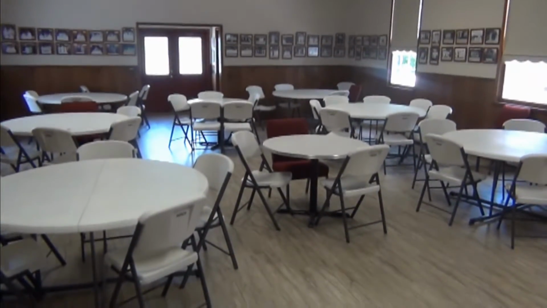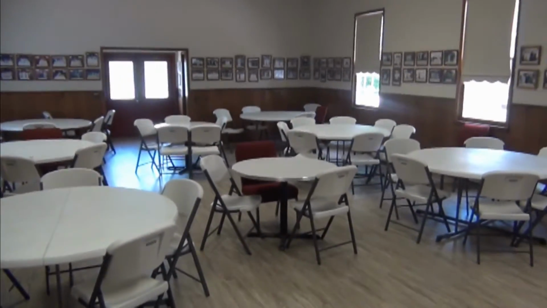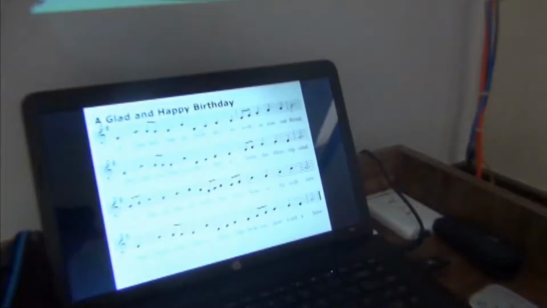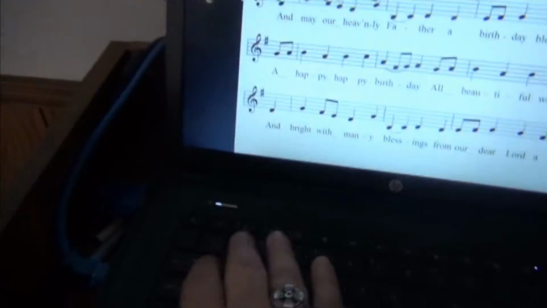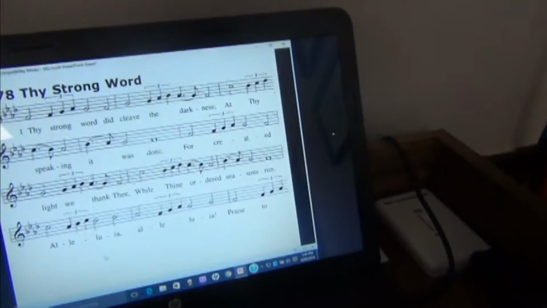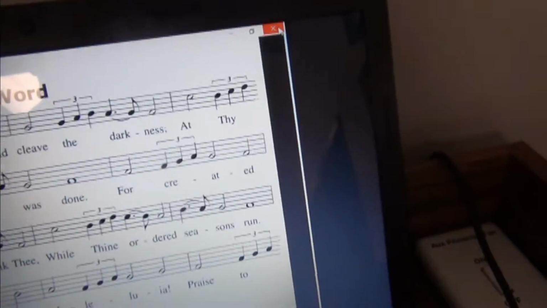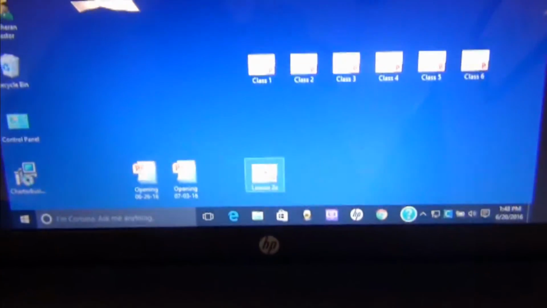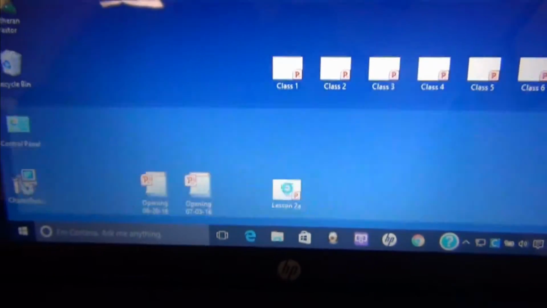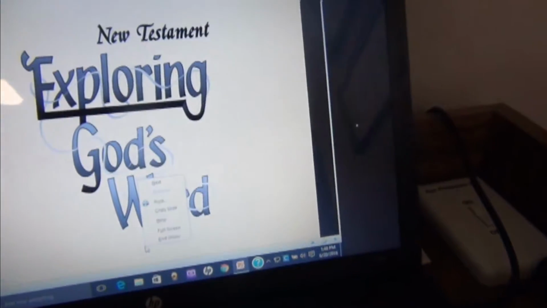And then after everybody's settled, then we'll just do the adult class for here. So then you'll come back over here and just hit escape, and that'll put it back into the smaller view, and then just X out. And then you go down here and do the same thing for lesson 2A. Just double click on that, and then right mouse